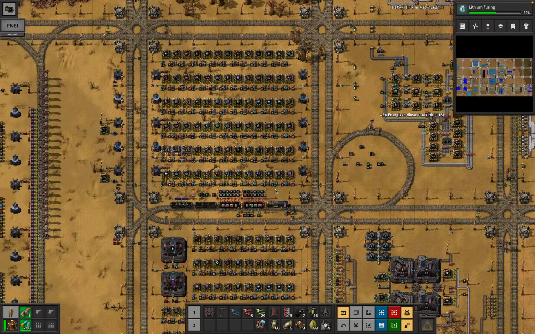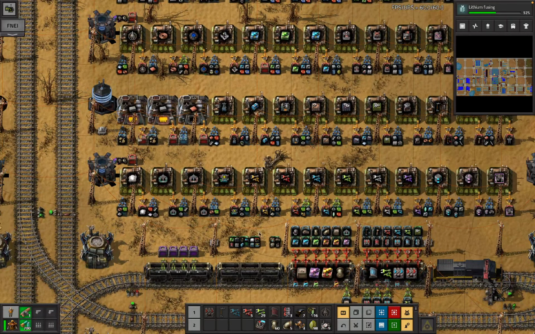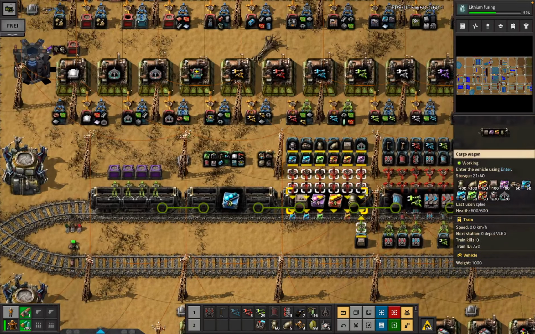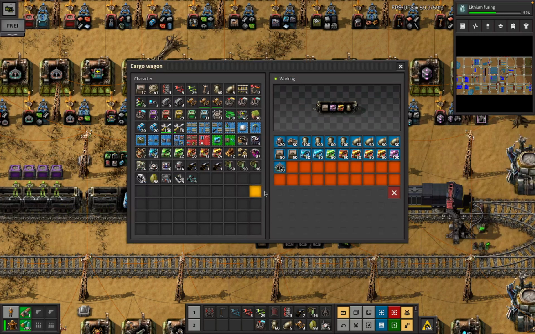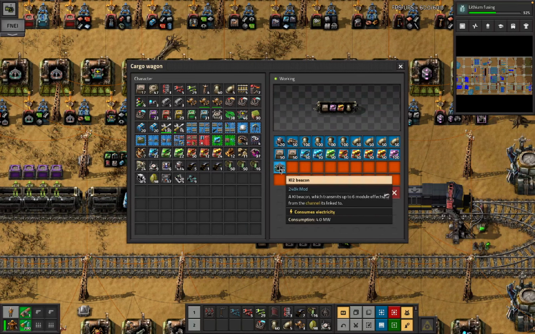And just run across here. The build train is here, and I wanted to give it speed 2 modules. So, can we slip through here somewhere? Speed 2 modules. Oh, and then also, yeah, this is currently K2 beacons. I don't actually want...